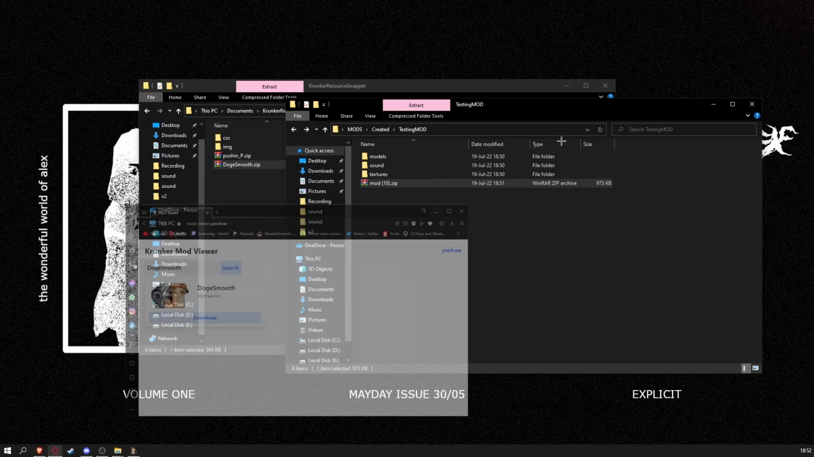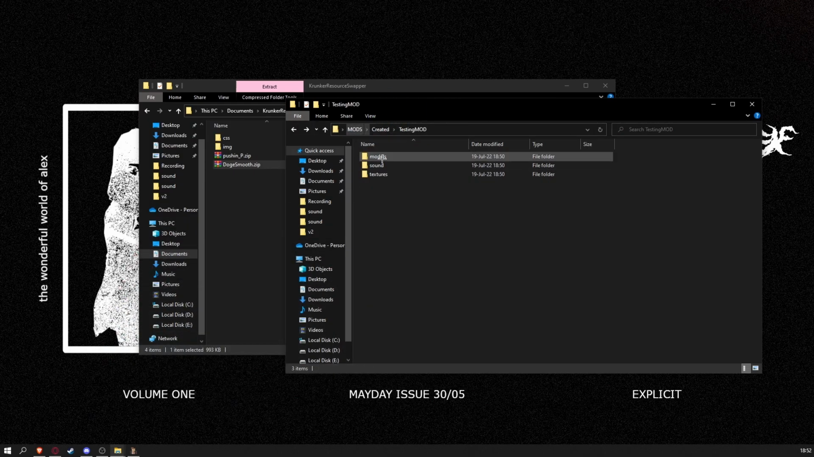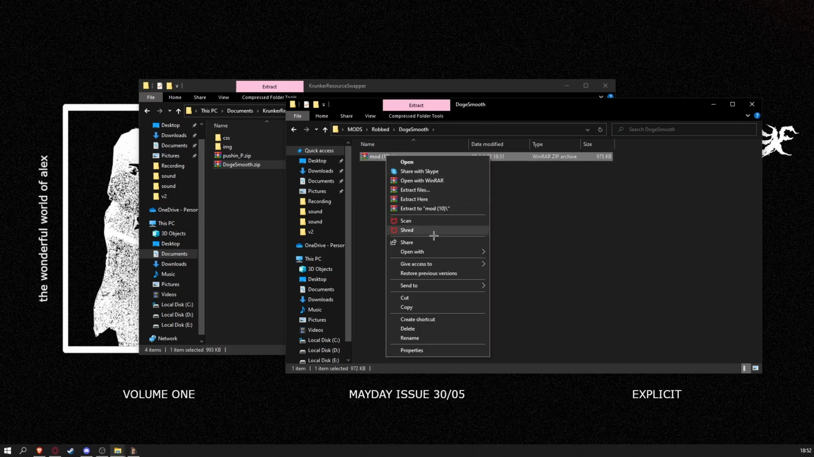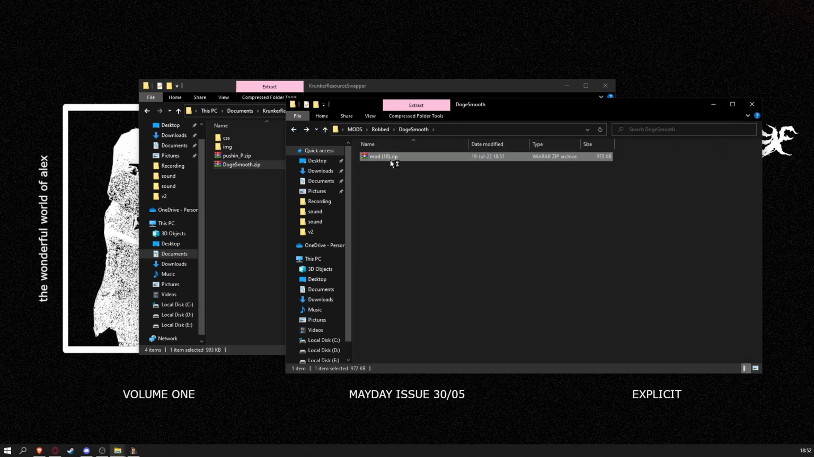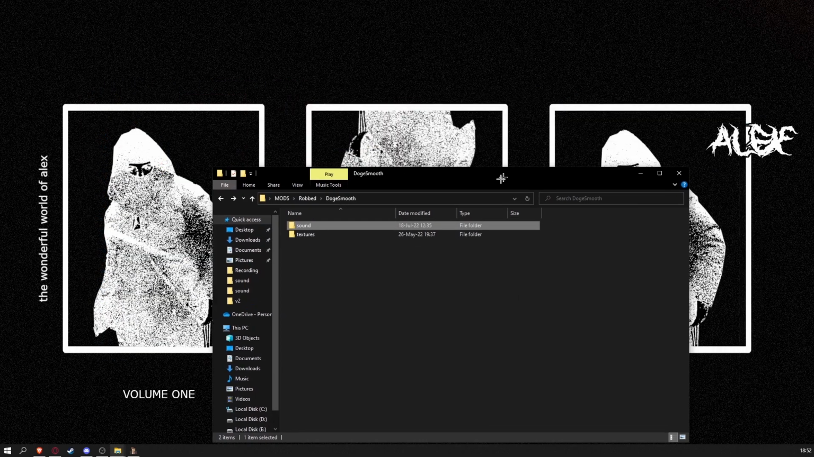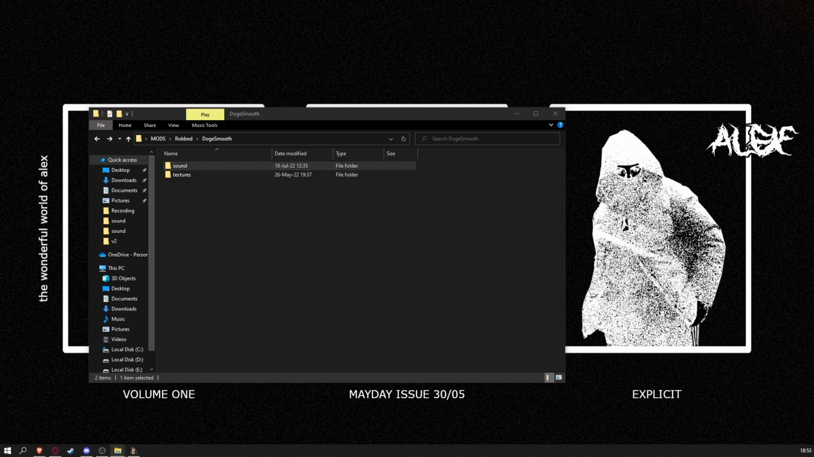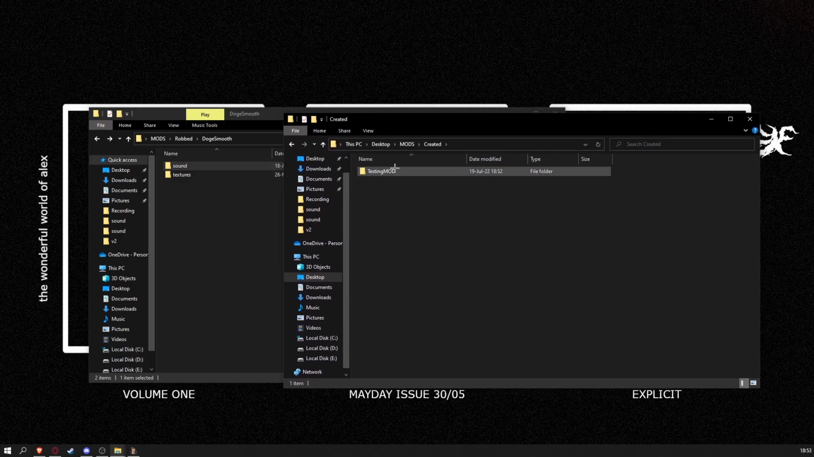So I like to normally put this in the robbed. So that's what we've done. We've robbed a mod. We've done it. And I like to categorize them and just put these in here. You can use WinRAR. There is just a default open with Windows Explorer. This works as well, but WinRAR works pretty well as well. You extract it. You can delete this now, and now we have the whole mod that we want. So now we want to go back to our mods. Here we go. We're going created. We're going testing mod,